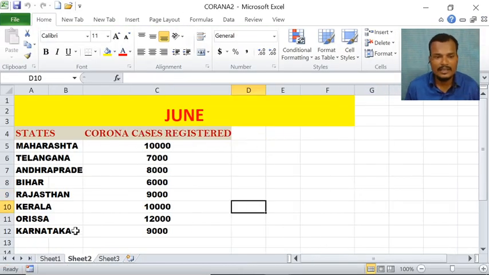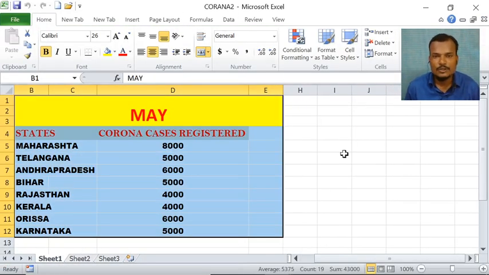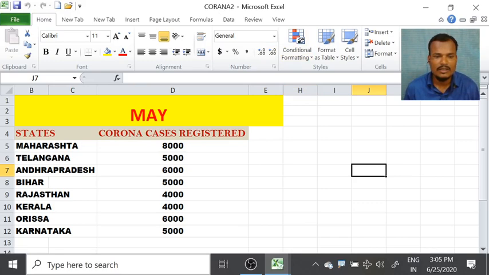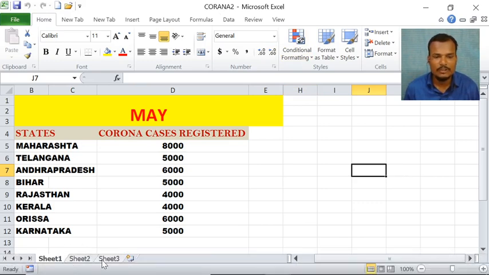Here I have taken the same Corona 2 workbook. In sheet 1, the cases registered in May month data is there. Now I am comparing between two sheets. By default, in a Microsoft Excel workbook, we have three sheets: sheet 1, sheet 2, sheet 3.